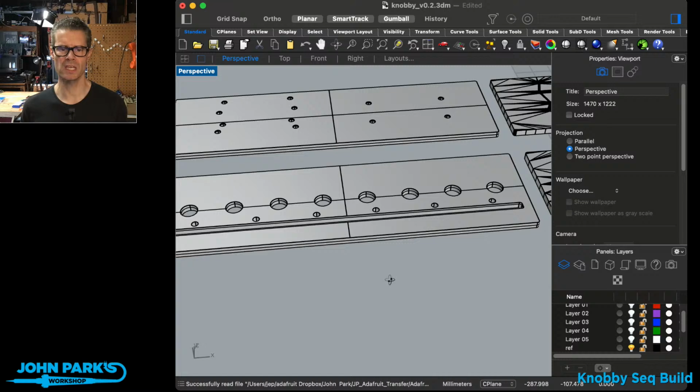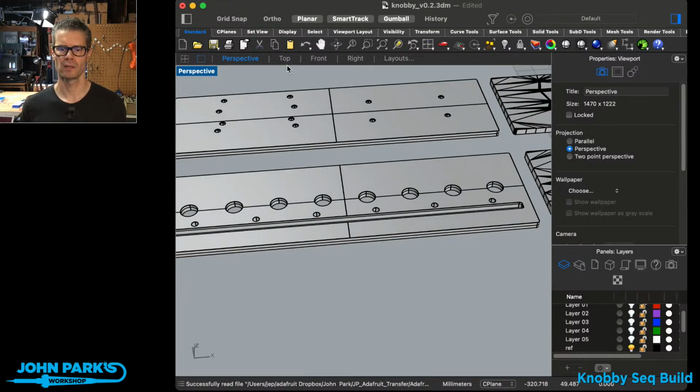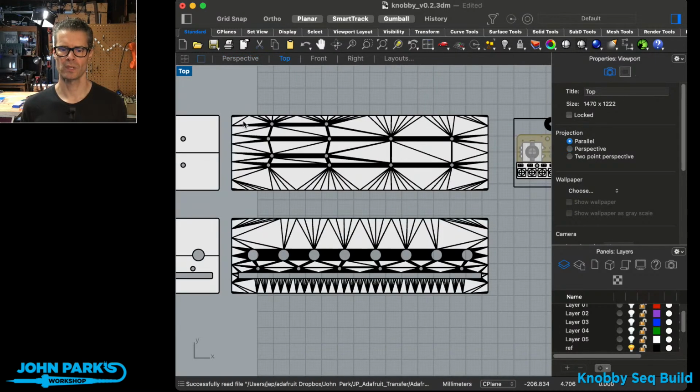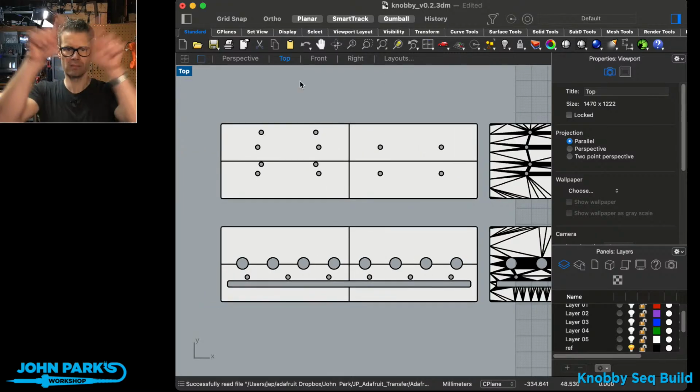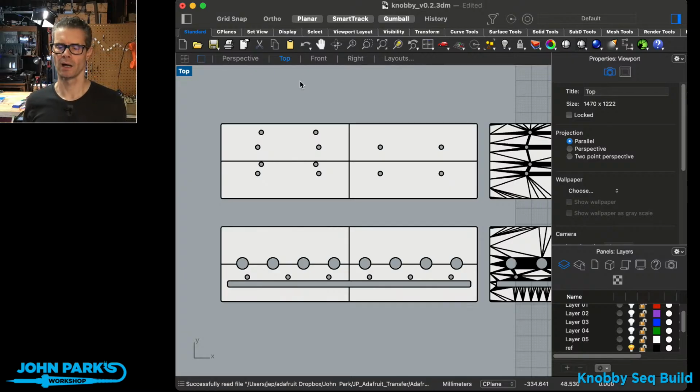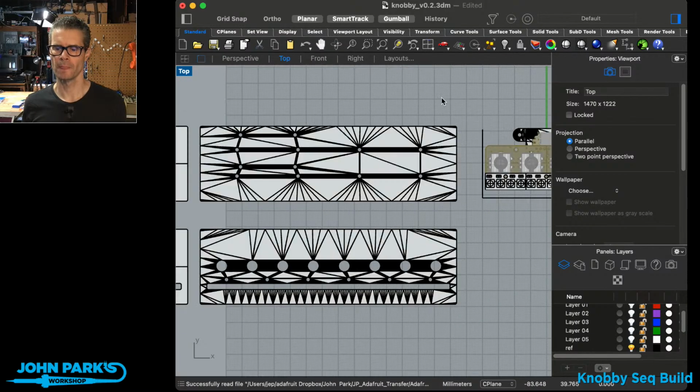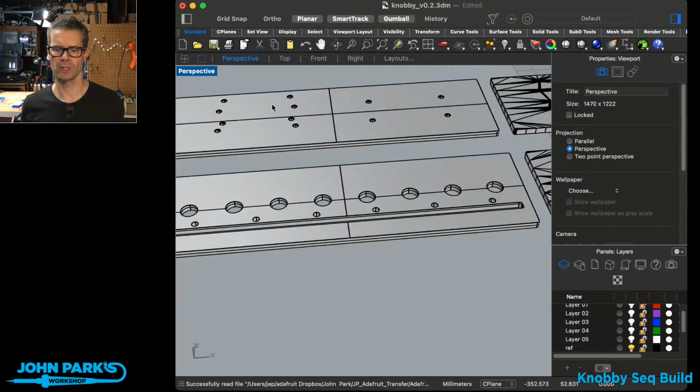So I'm keeping them 2D. If you look at these just from the top, that's all just laser cuttable or drillable, hand toolsable, or printed on a laser printer and glued to something and cut. It'll be straightforward that way. But I just did all of that by inferencing my